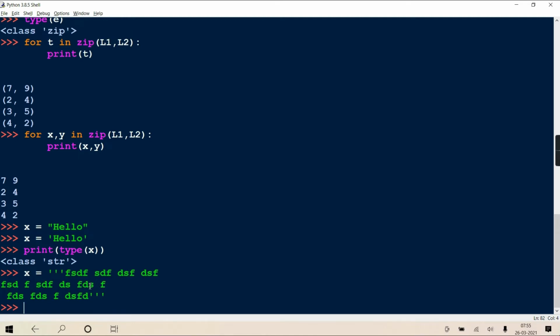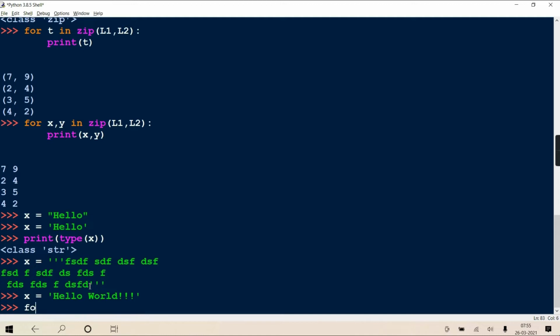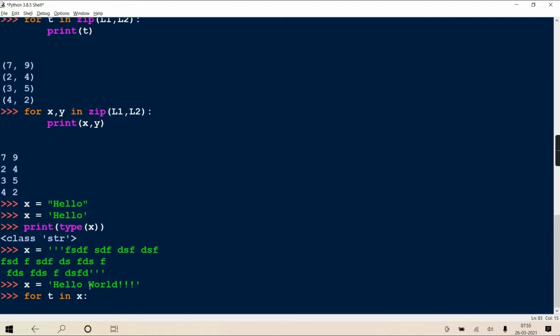Now the main thing is how to traverse a string. It is exactly the same as traversing a list or a tuple, which we did using a for loop. The same way you can traverse a string. If x is a string, you can write for t in x and print t.